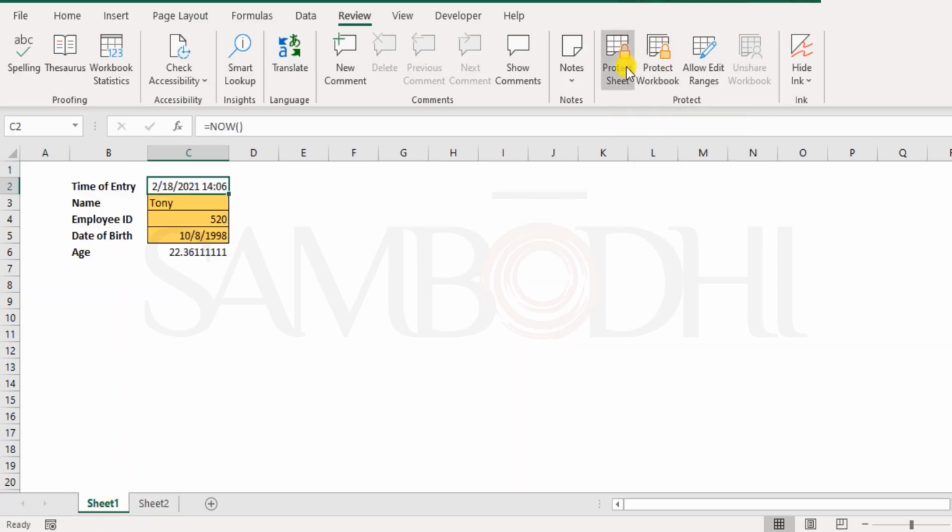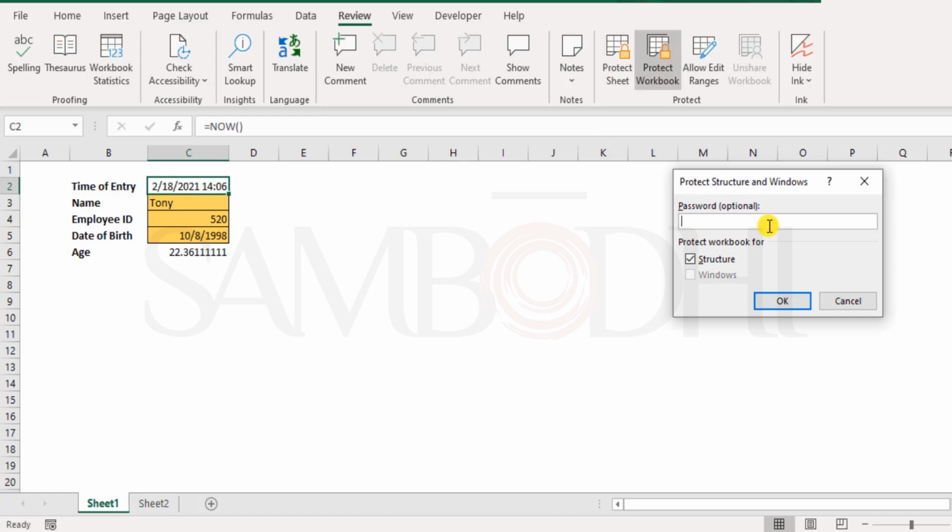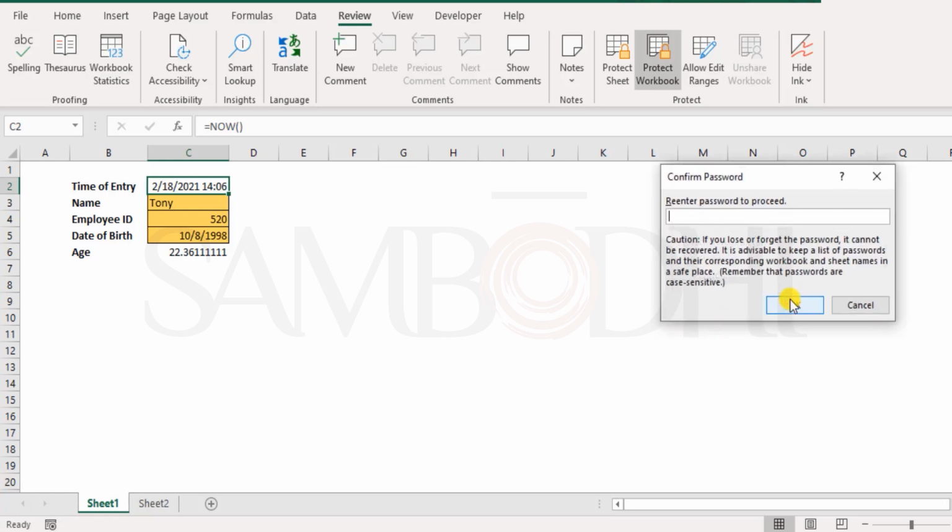Now, what's the difference between protect sheet and protect workbook? Well, protect sheet is very specific to this particular sheet. You cannot change anything within this sheet unless you have the password or you have allowed them to change. Now, here I will select protect workbook. This time I want a different password, let's say 123456. And protect workbook for structure. If I have this checked and click OK,